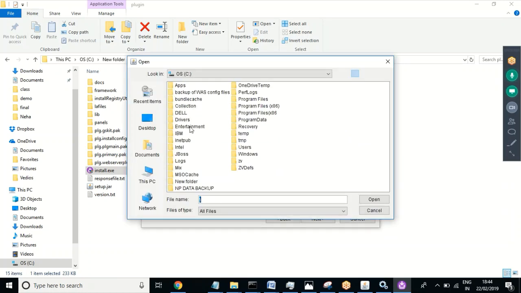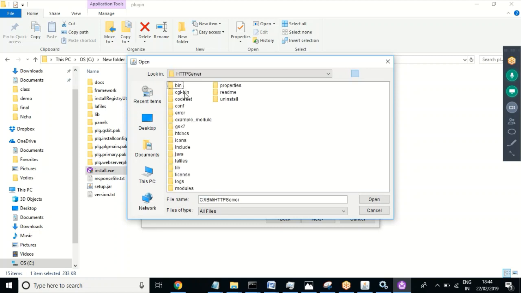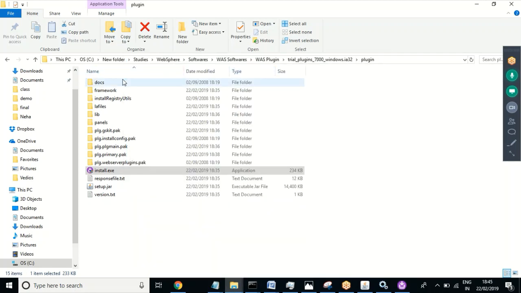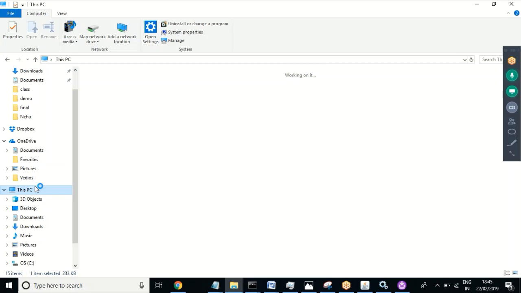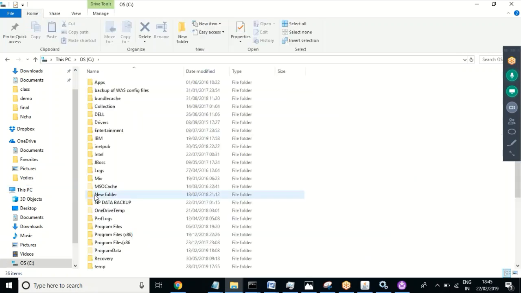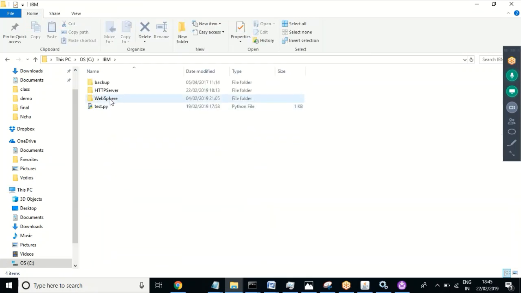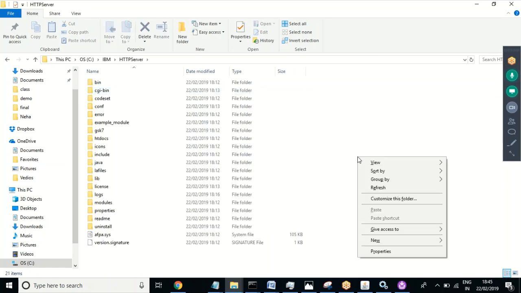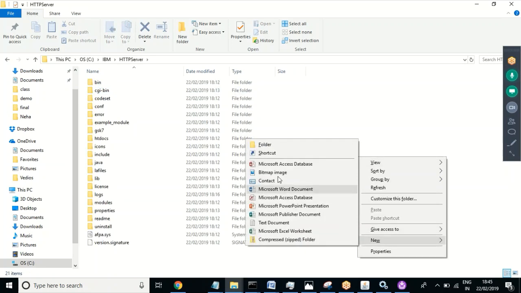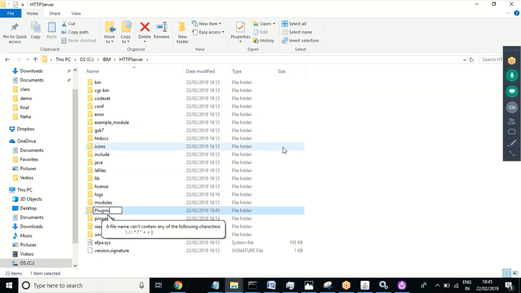IBM WebSphere App Server. Okay, so I'm giving the VAS root folder. So now it will check the existing profiles. In general, in real time you would have one profile, but right now since we have multiple profiles, it will check and let us know the existing profiles. Here I want to integrate it with app server 03, the server which we have configured just now. So I'm selecting the profile to which I want to integrate. I'm going ahead,